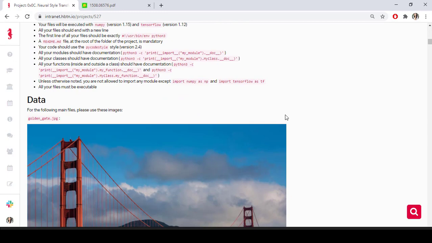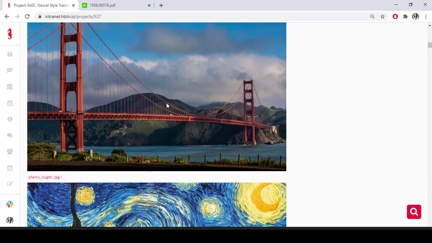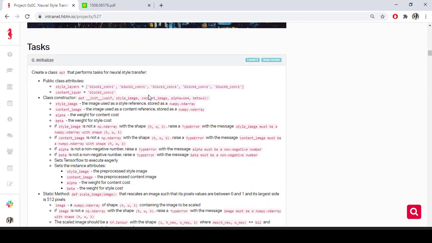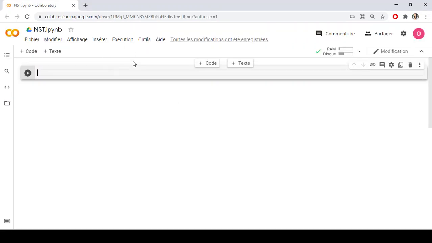Okay, so let's start with the first task. The images that we are going to work with are this content image, and this one for the style image. Okay, so the first task is to create a class NST that performs tasks for the neural style transfer. Okay, so before we begin, we have to just